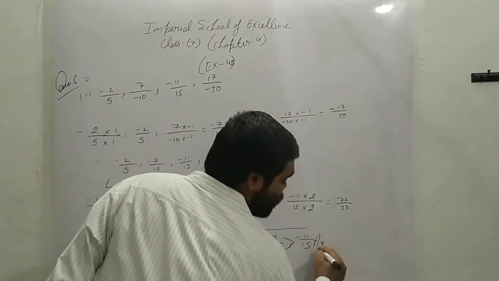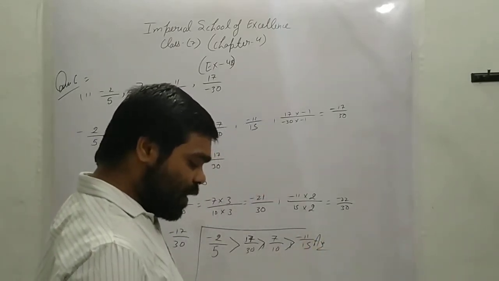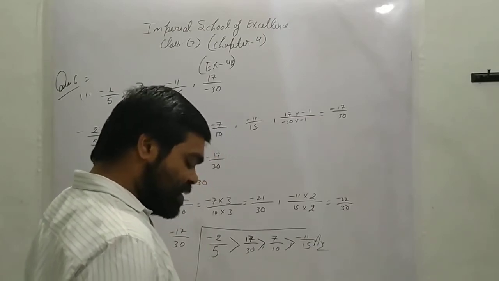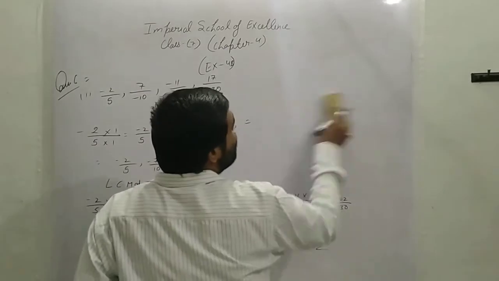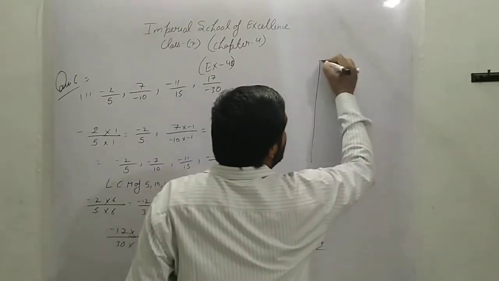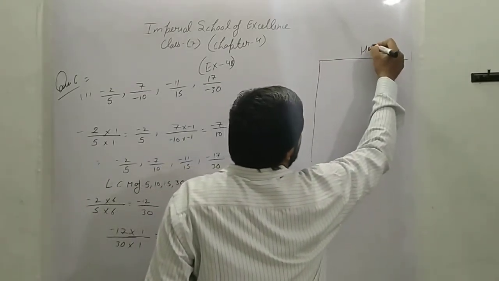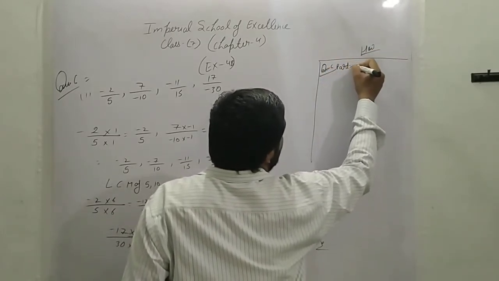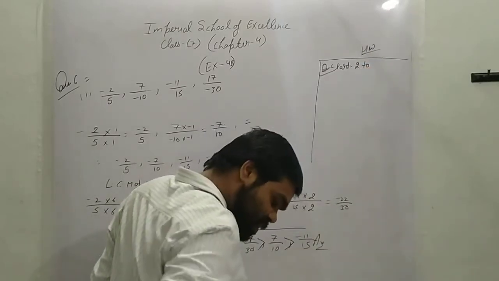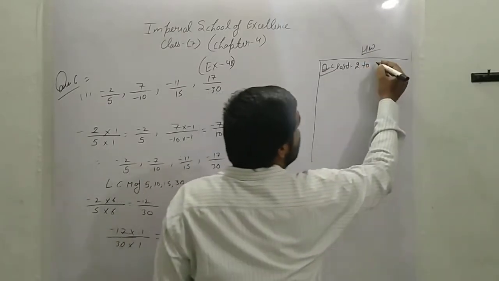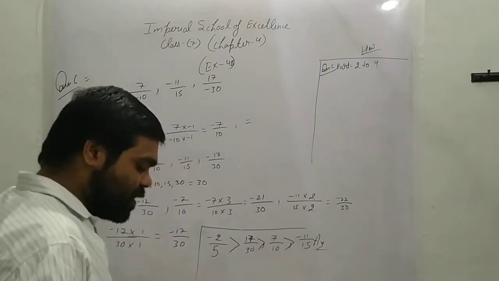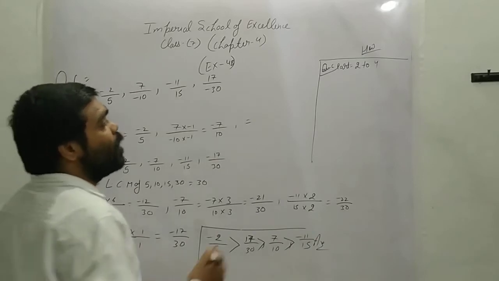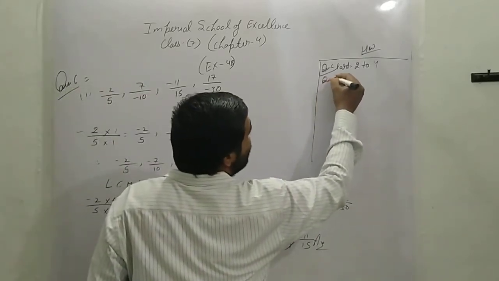The same you have to do for the next question. I am mentioning the homework here. Homework is question number 6, part 2 to 4, there are only 4 parts. You have to do it. After that question number 7, the true false, you have to do by your own.